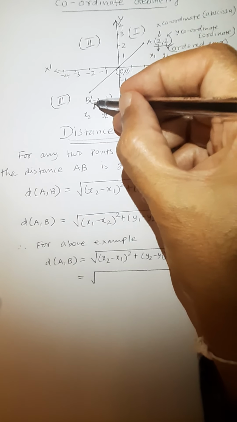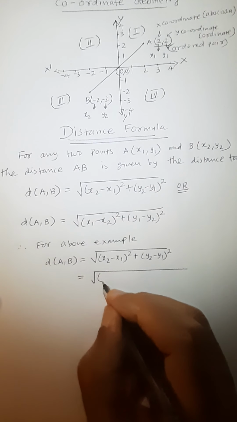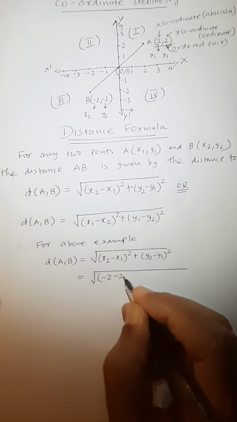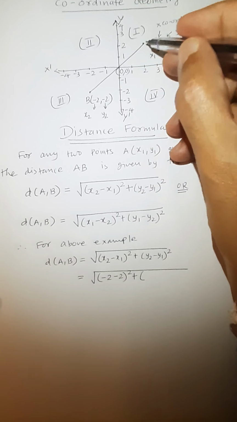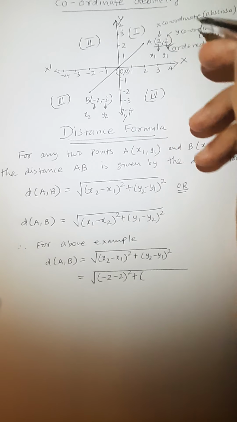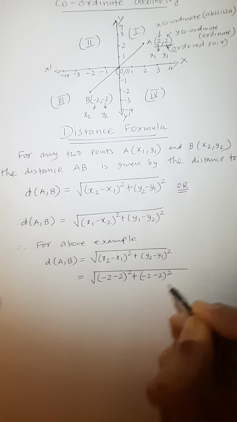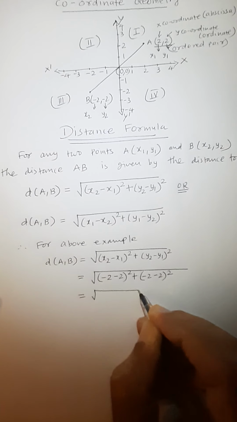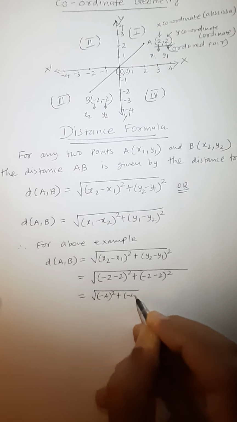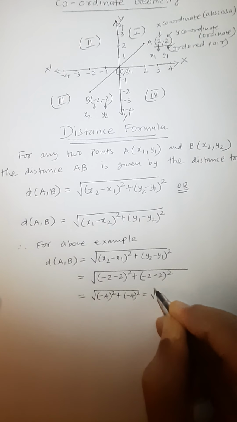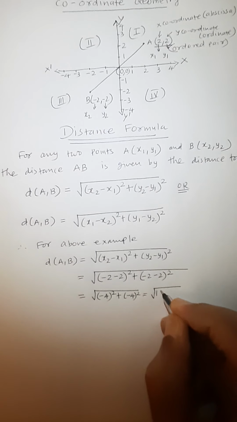Now it is x2 minus x1, so minus 2 minus 2. So as you can see here, minus 2 the whole square plus y2 minus y1, where y2 is minus 2 and y1 is 2. So y2 minus y1, so minus 2 minus 2, that is minus 4 the whole squared, and again here I have to write minus 4 the whole squared. So finally, the square of a negative number is positive, 16